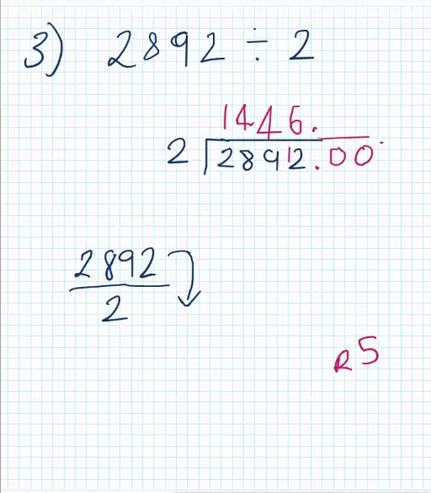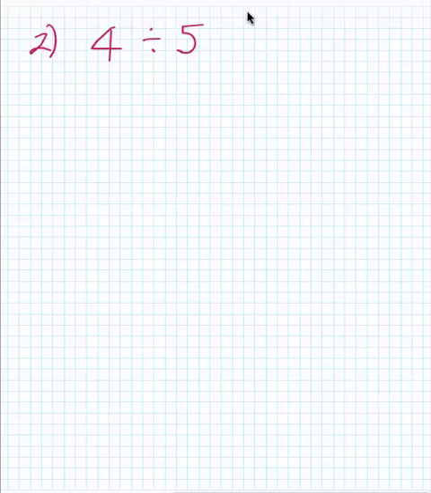If I had a remainder, I would have had to have carried it onto this 0 here. So my final answer, I can write it down here, is 1,446. And if you wanted to, you can go 1, 2, 3 and place a comma. And we're done. Okay, so this question we have 4 divided by 5, and a trick is, see how my